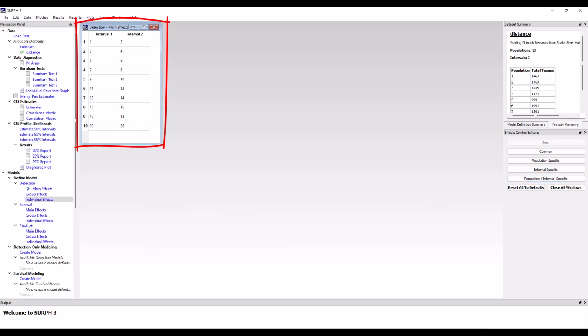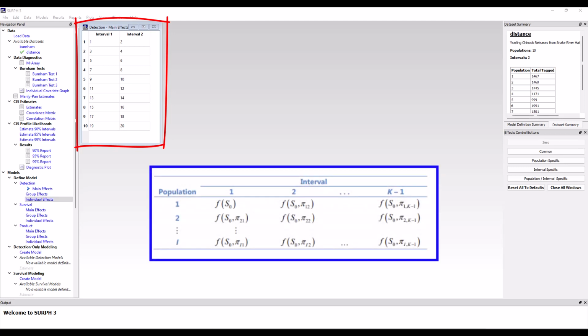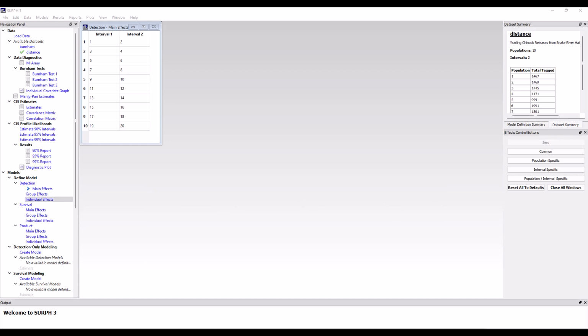Next, we can see the main effects window for a dataset with 10 populations and 3 intervals, 2 intervals for which the survival probabilities are estimable. In this case, the main effects are set for population and interval specific models. This is the population interval specific setting corresponding to this table in Appendix B211 of the manual. This fully parameterized model is equivalent to the CJS model, with unique estimates of survival for each population and interval. It is the default setting for the main effects window and can be set via the population's interval-specific effects control